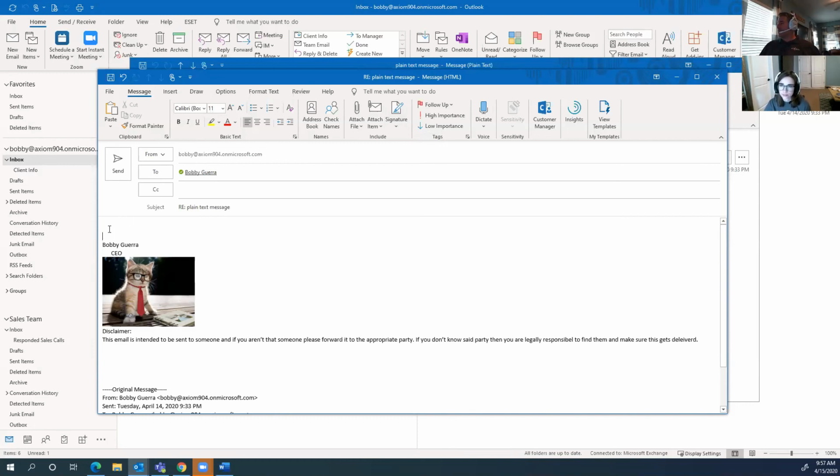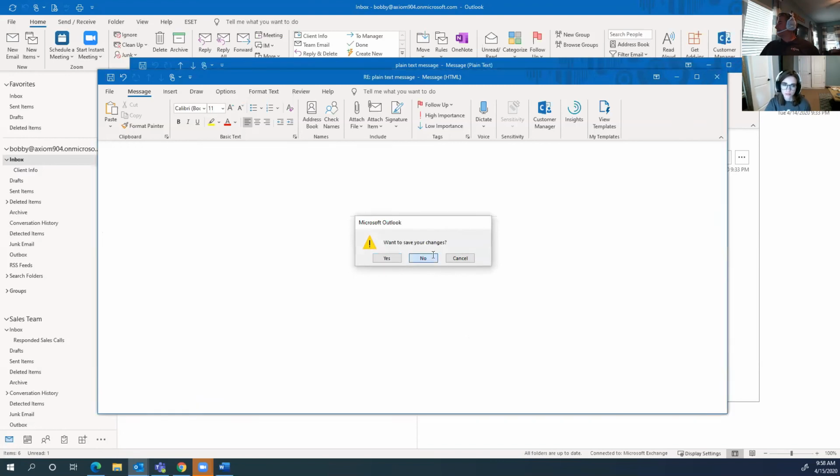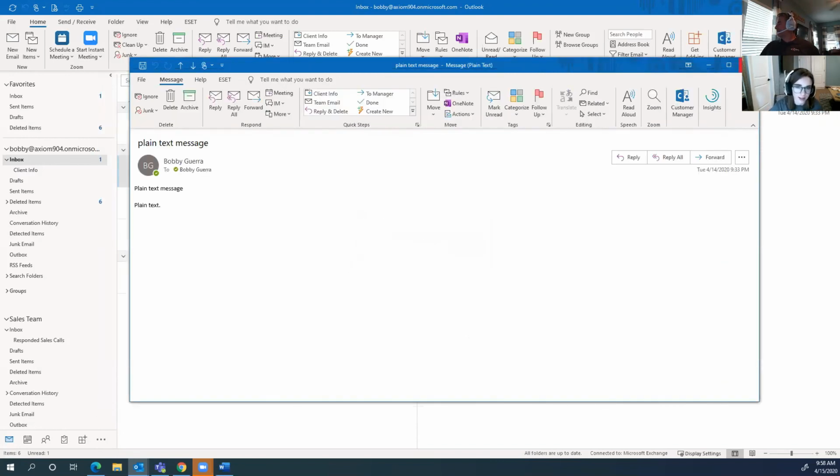So we get a lot of tickets about that. Sometimes people are setting up their Outlook or something, and they don't realize that their default is set to plain text, or that messages they're getting from other people are plain text. How do you fix that? Right. That's how you do it. I like it. I like it.